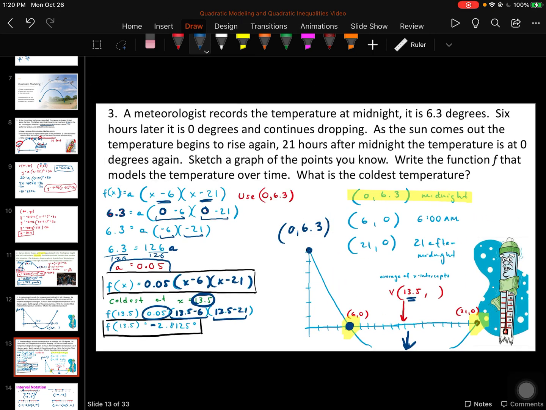You'll have one word problem on your homework tonight. You can always look back on your notes if